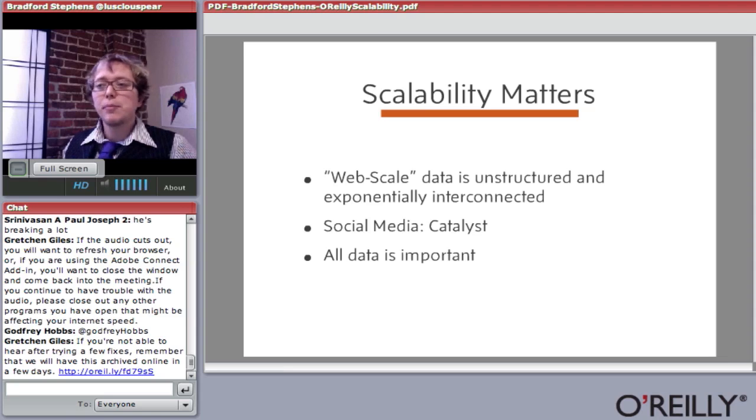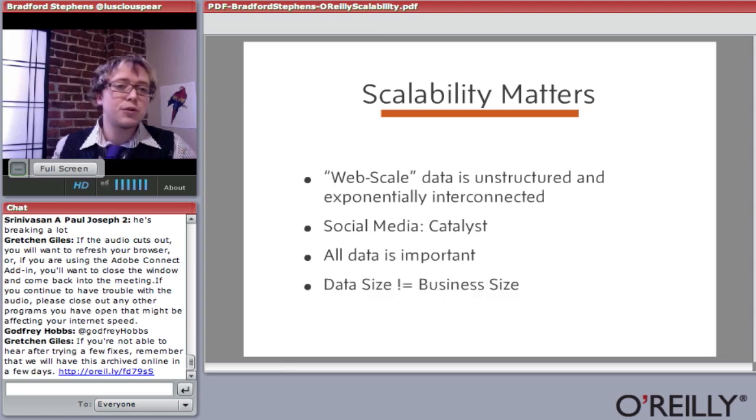And you can write web crawlers, you can access APIs. It's so easy to get large amounts of data these days. And it's really hard to figure out what you need and what you don't need. So you tend to save all this data, which is why things like Hadoop are so powerful. Some of the uses of Hadoop are some of the most mundane things you've ever seen, like storing log files. Storing log files turns out to be really important. Even a few years ago, we would have just thrown those away because there were too many of them, or we didn't think we could get intelligence from them.